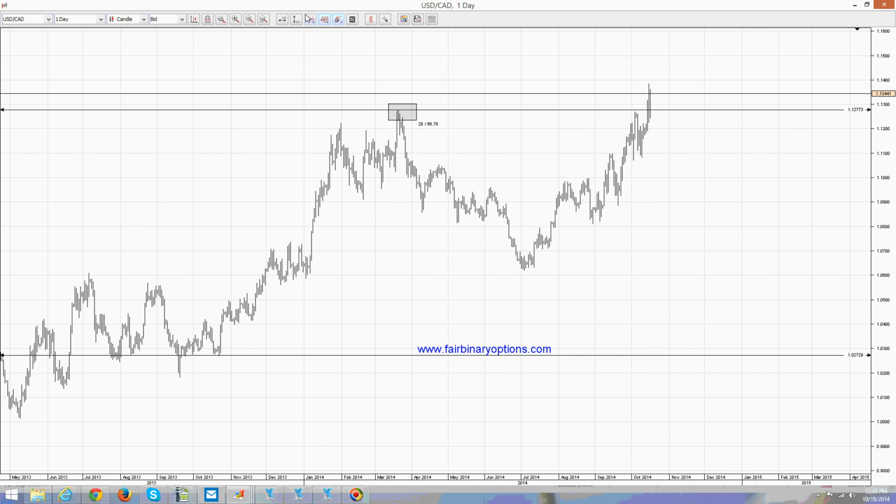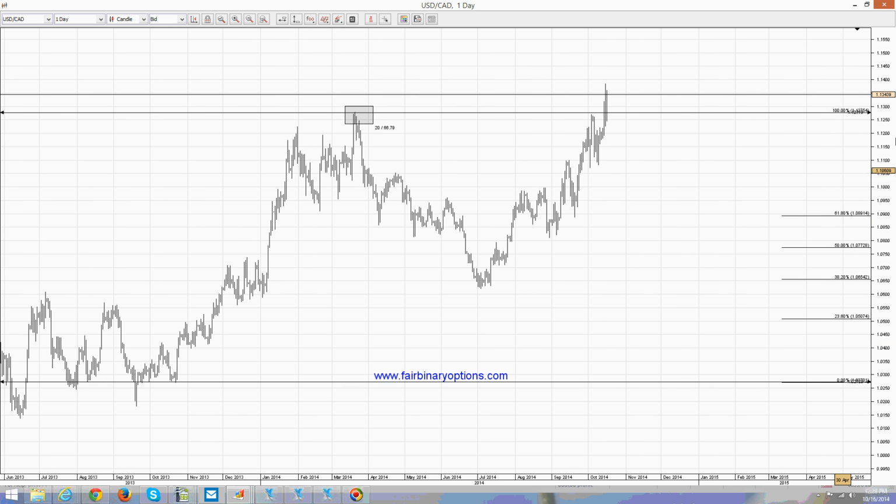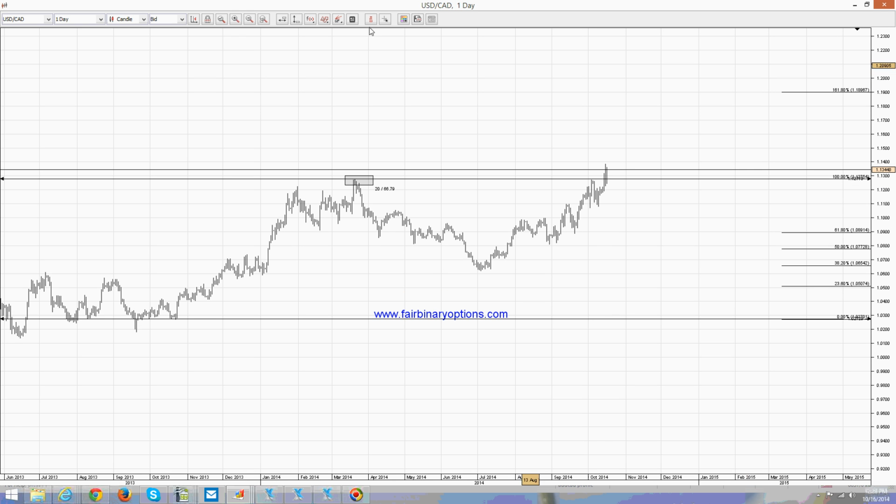Now 161.8 out of this move should be calculated using the Fibonacci retracement from here to here. And then if you take 161.8, let me make it a bit smaller, from here to here, and this distance should be projected from the moment that the fourth wave ended, and it points towards a staggering